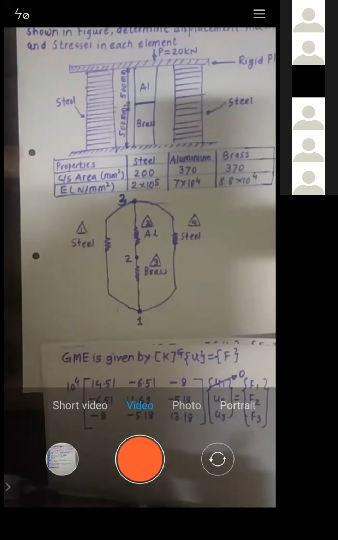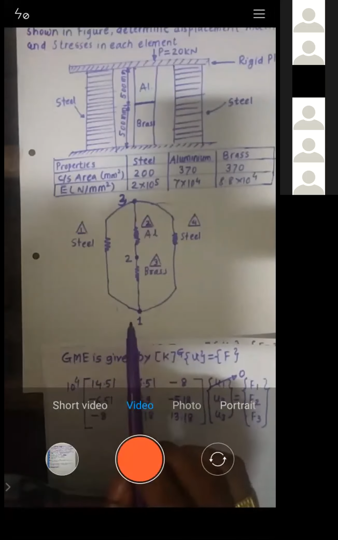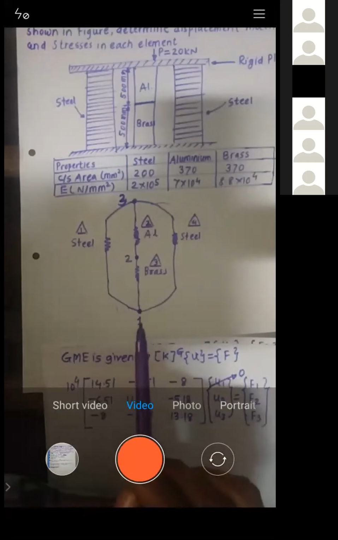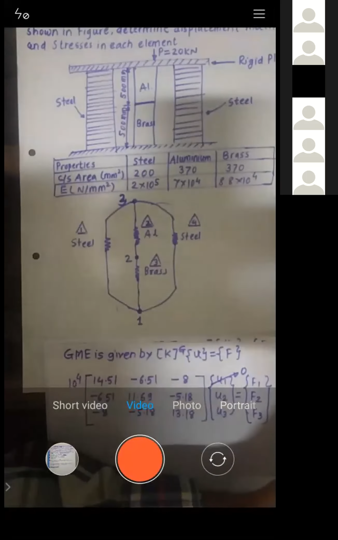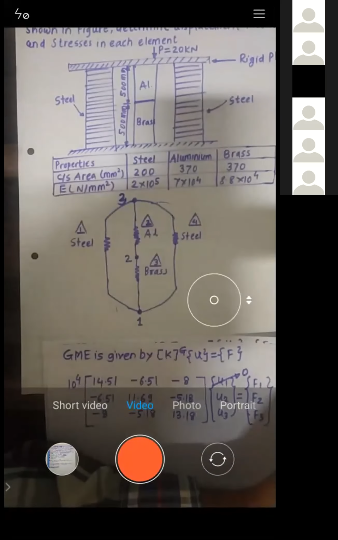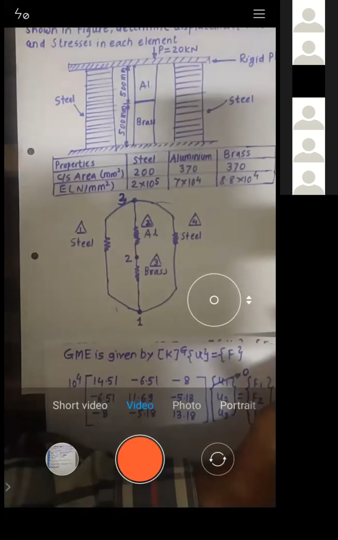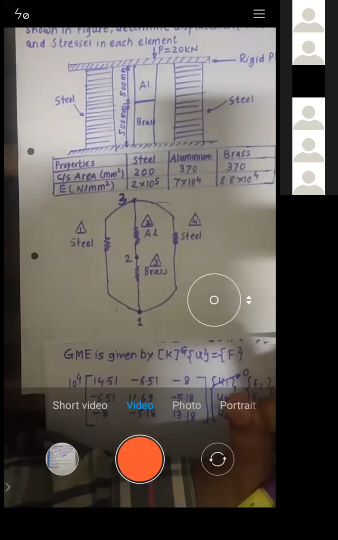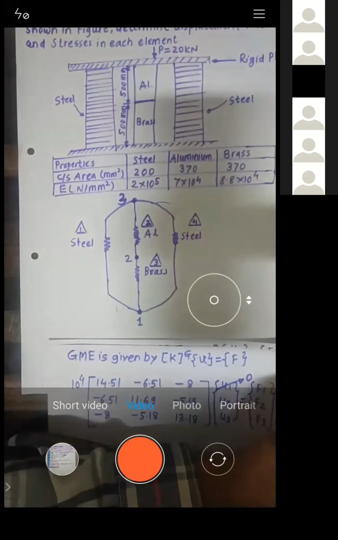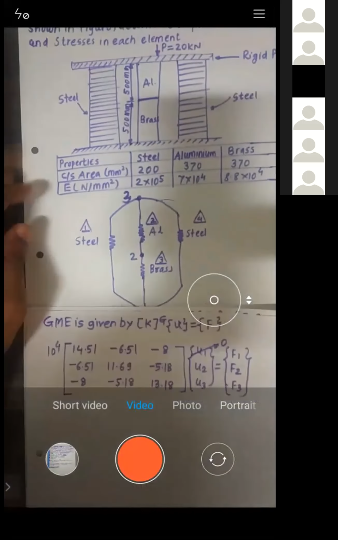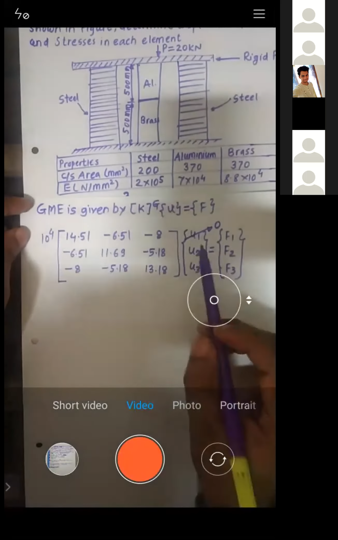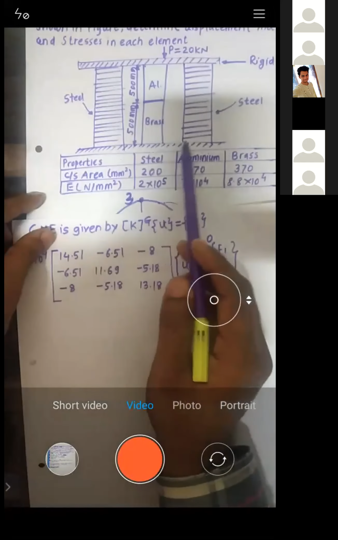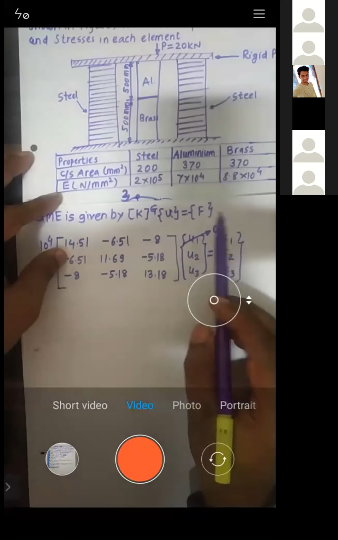See, if you are not going to make the structure fixed at point number 1, how will you apply the force? Can you apply the force by holding this structure in the air? Somewhere you need to place that structure on the ground and then apply the force. Yes or no? Getting this point? All of you getting why I have taken U1 as 0? Because at node 1 the structure is fixed. Yes. That's why displacement at node 1 is 0.